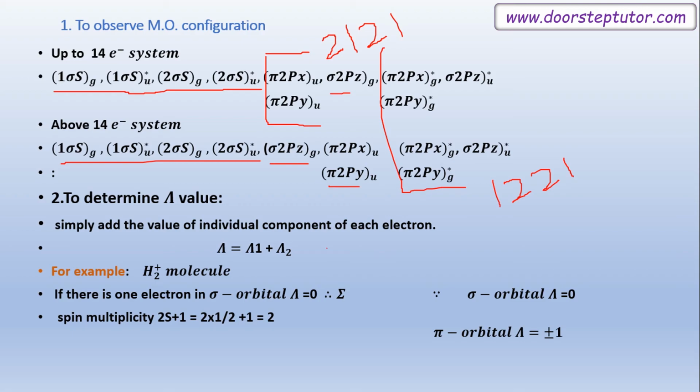Okay, so what is the subscript? G or U? Here the electron is present in the sigma 1s level only, and we have only one electron, so it is G only. If two electrons are present, you can multiply G into G. Only one electron is present, so the term symbol will be 2 sigma G. This is the determination of the molecular term symbol of a simple molecule. Clear, students, right? So we will move to another example.